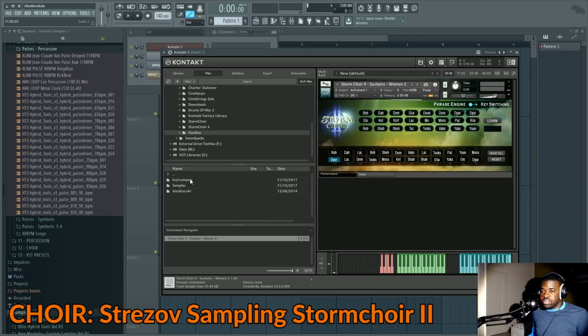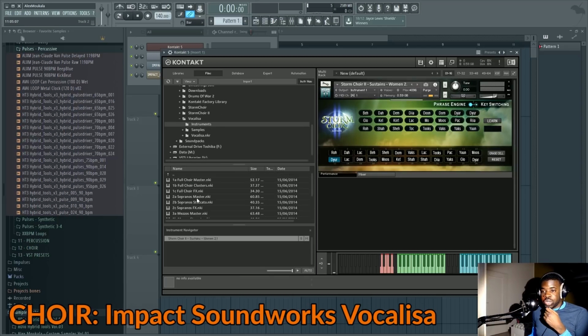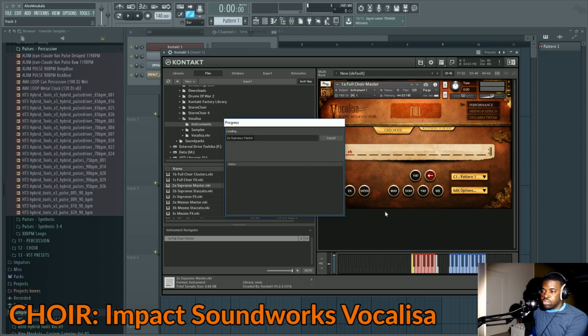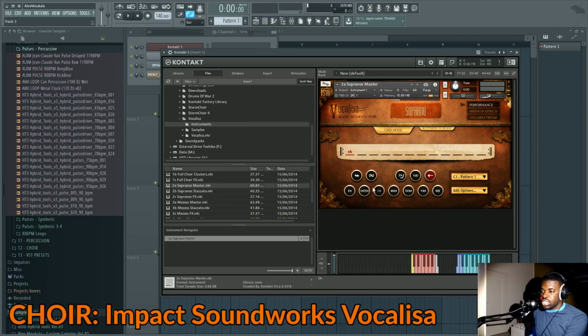the choir sometimes. There's also Vocalisa for the choir. This one is like a Middle Eastern choir or something like that. And since it's a very niche sound, I don't use it a lot. I wanted to play a Harry Potter song, but anyway, I really like the sound of it because some of the syllables in some patches are very interesting,